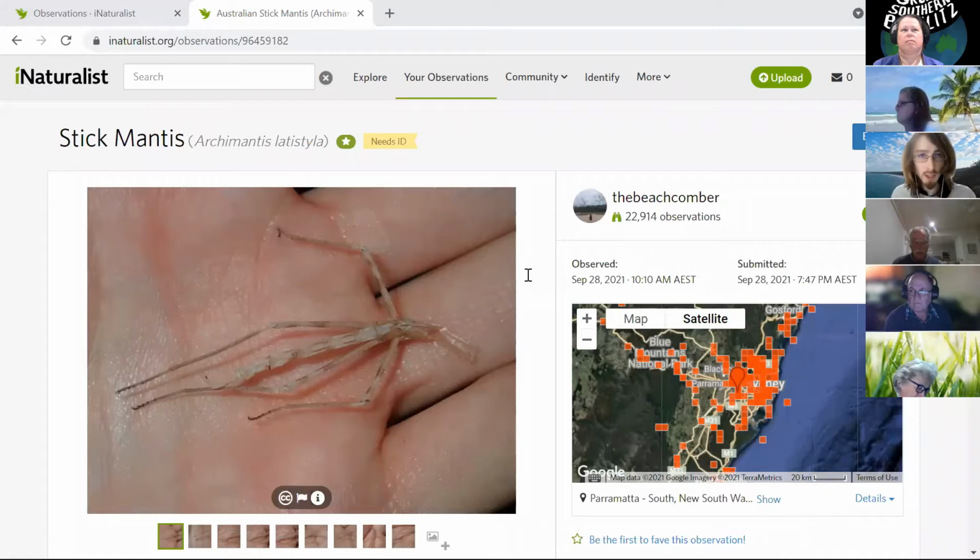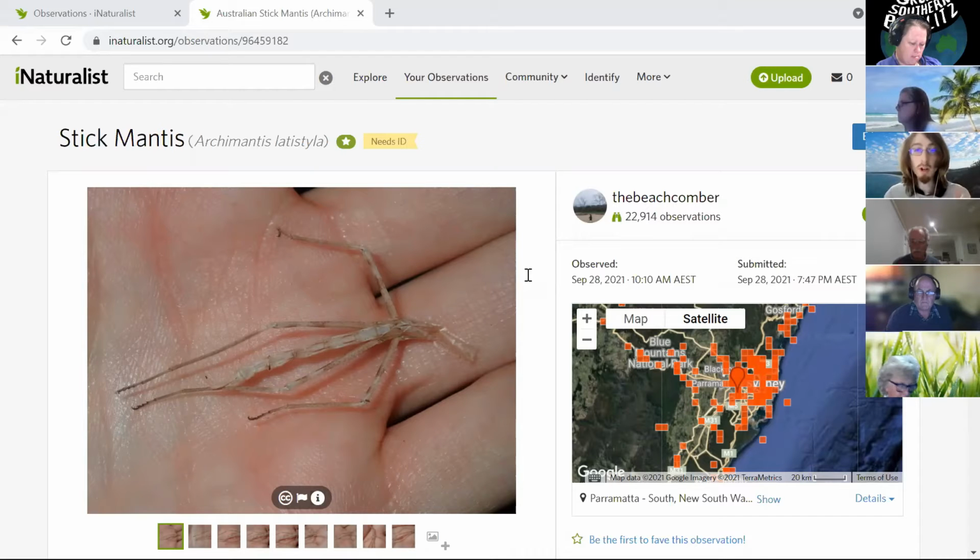All right, Eileen's next question. For the BioBlitz, if I have the same bird at different locations, is it better to create multiple observations or just have one observation of that bird? If by the same bird you mean the same individual bird, then you can certainly merge those into one observation. But if I see a magpie at the side of the path and I take a photo and make an observation, and then I walk 200 meters along and I see another magpie that's a different individual, definitely make multiple